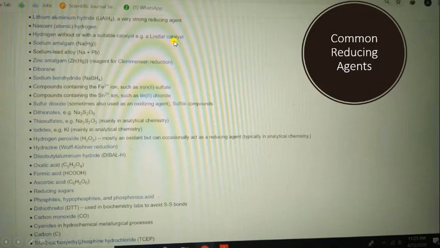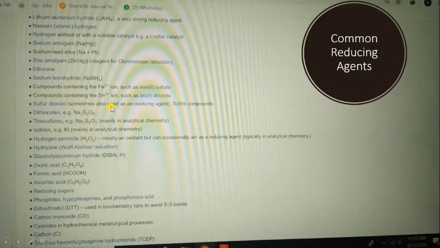You know about that. And sodium amalgam, that is sodium mercury, and then sodium lead alloy, zinc amalgam, diborane, sodium borohydride, compounds containing iron such as iron sulfate, and compounds containing tin such as tin chloride, sulfur dioxide,